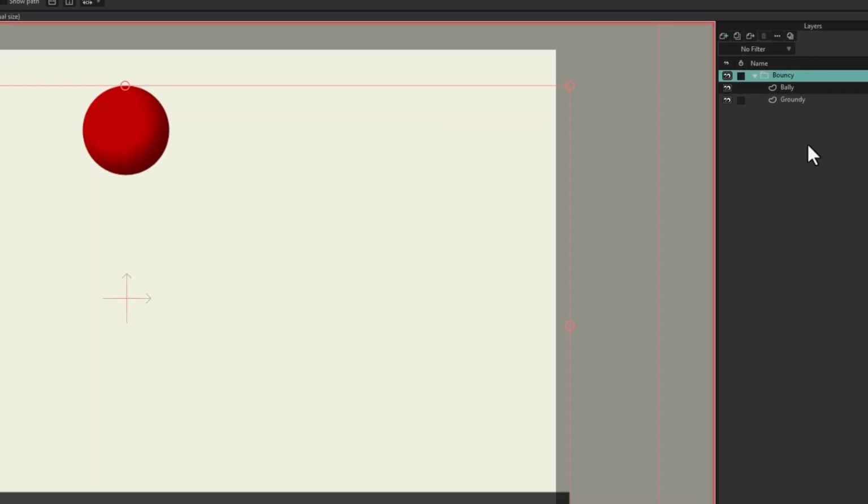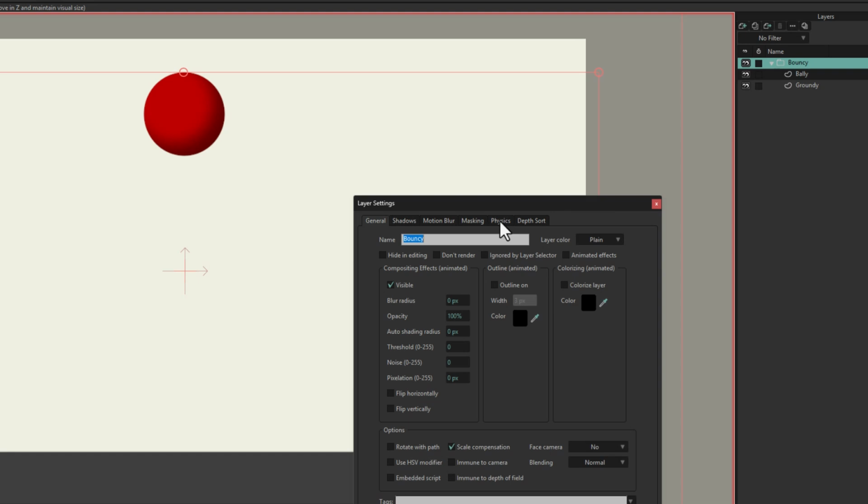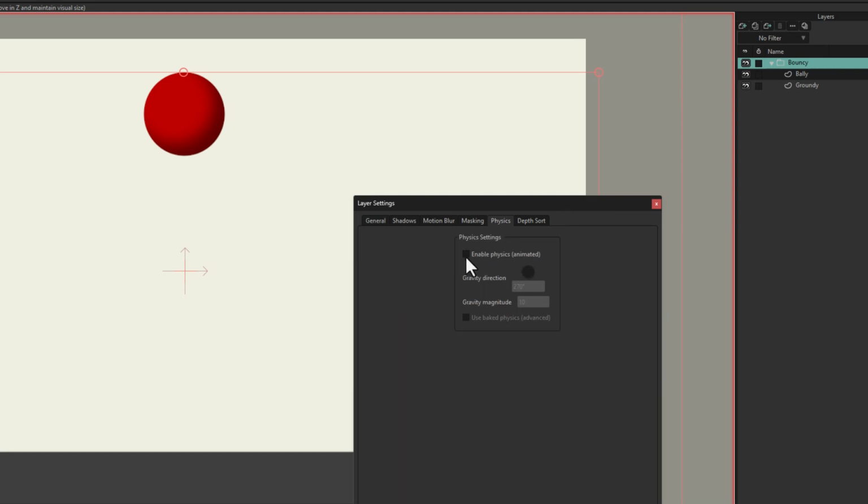Now, double-click the group to open the layer properties. Click on the Physics tab and enable Physics. This enables Moho's physics engine for everything inside this group. This dial represents the gravity direction, and for this lesson, it should point to the ground, kind of like it does on planet Earth. Now, to apply the settings,